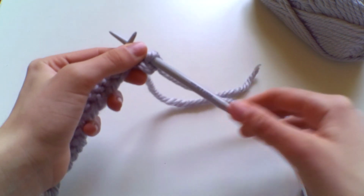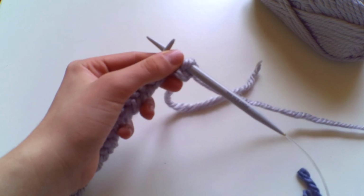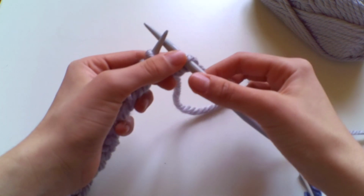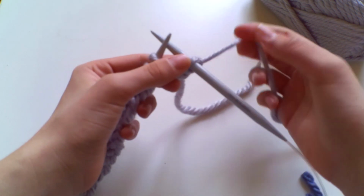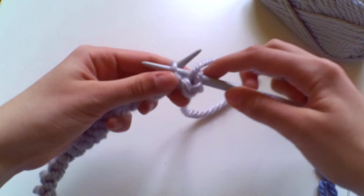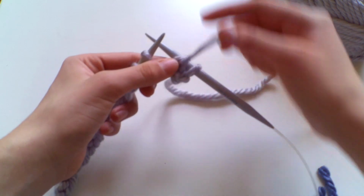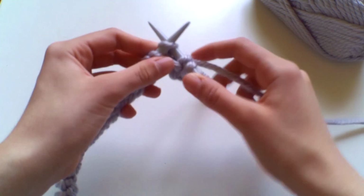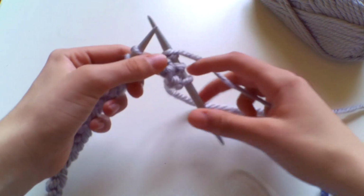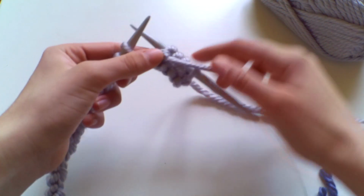And then this stitch, I think I mentioned quickly, we're actually going to do the seed stitch, which is alternating between knit and purls depending on what stitch you've done before it and what stitch you've done below it. So once you've worked a knit stitch, you're going to bring your yarn to the front and work a purl stitch, like so, and then to the back again, work a knit stitch, and then to the front again, work a purl stitch. And you're going to work that all the way around